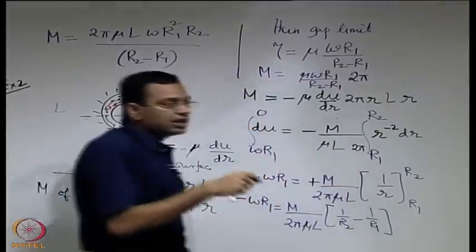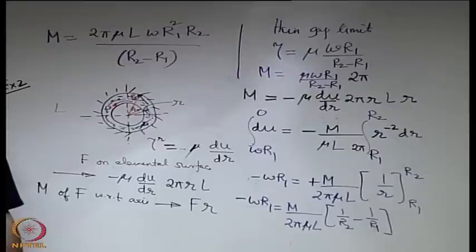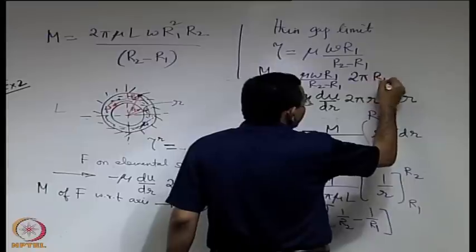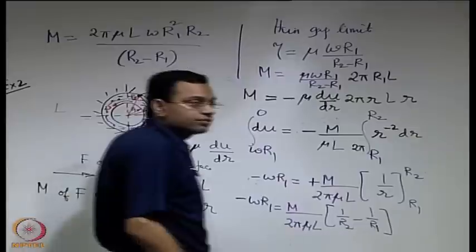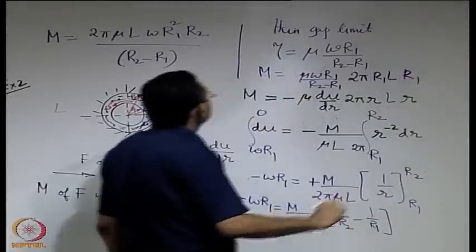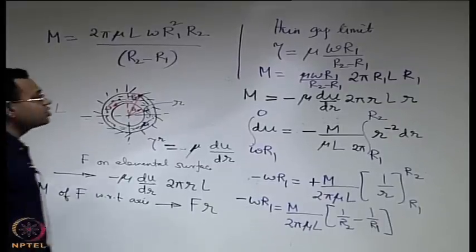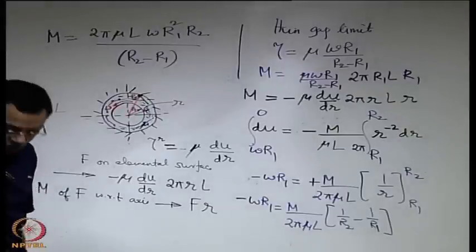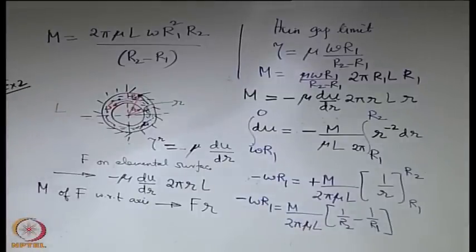Now, because the gap is thin, you can write 2 pi r1 l, 2 pi r2 l, or if you want to be a little bit more accurate, maybe r1 plus r2 by 2 l, or whatever, it will not make a lot of difference. Let us write maybe 2 pi r1 l into r1. So, you can clearly see that as the difference between r1 and r2 tends to 0, these two expressions lead to almost the same thing. So, if the gap is narrow, then the second approximation will give you a very quick estimation of the situation,